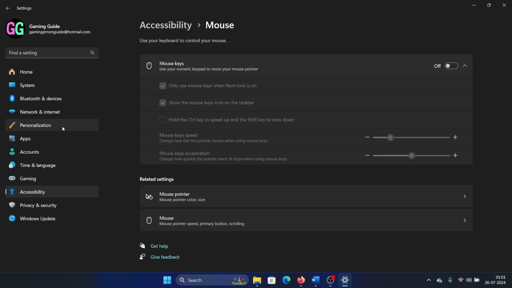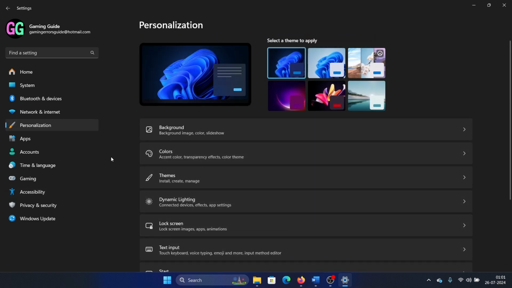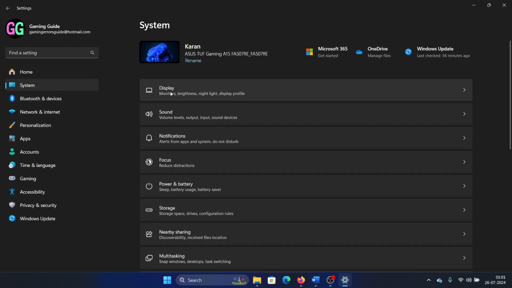Okay, and let's say that you wish to personalize your pointer. So wait a minute, you will have some options here for the pointer color and all. Okay,